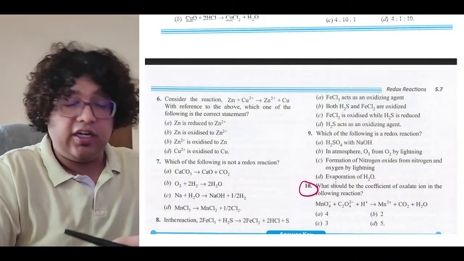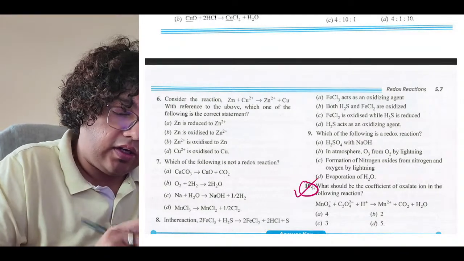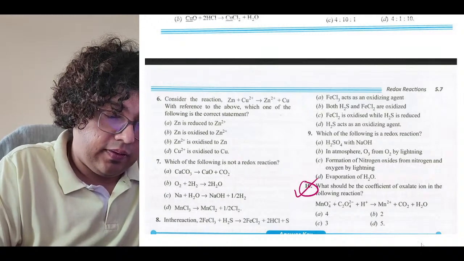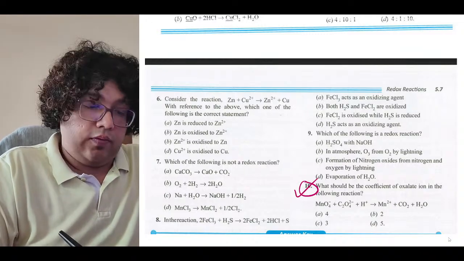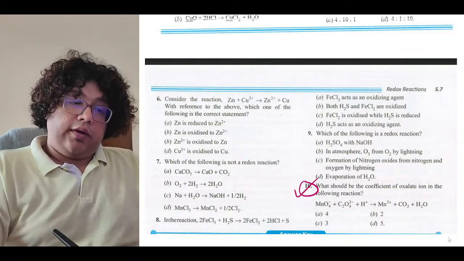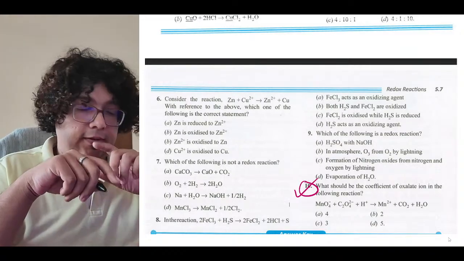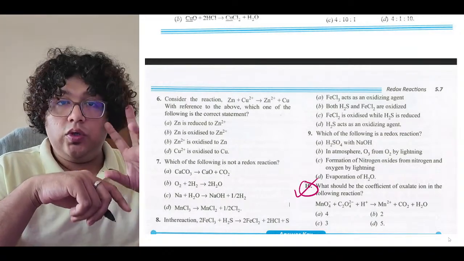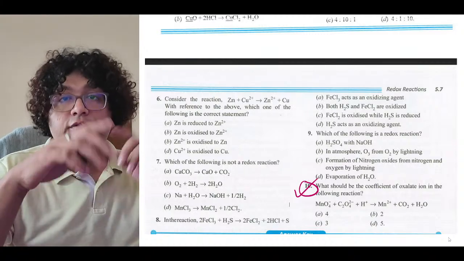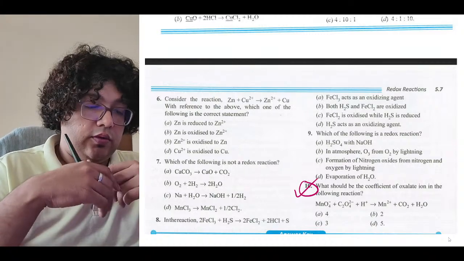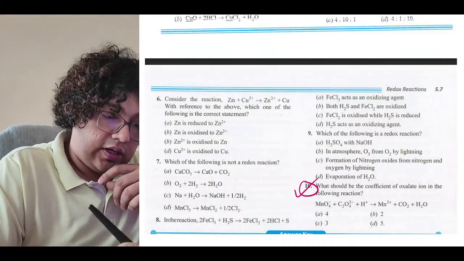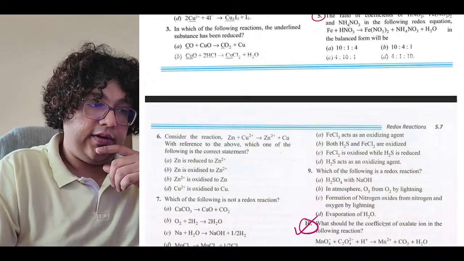We already did question number 10 yesterday. What is the answer for question number 10? Sir, 5. Three options. Yes, sir, 5. And for MnO4 it was 2, right? So 2 KMnO4 reacted with 5 H2C2O4 and we got the product. So the answer in this case is D, 5.